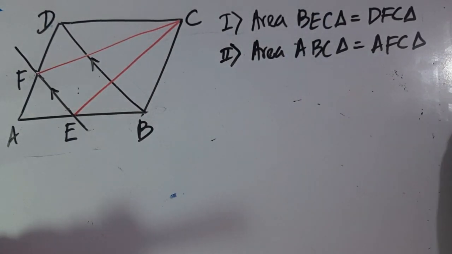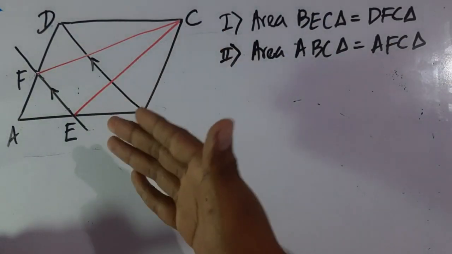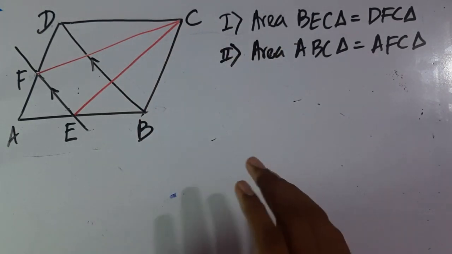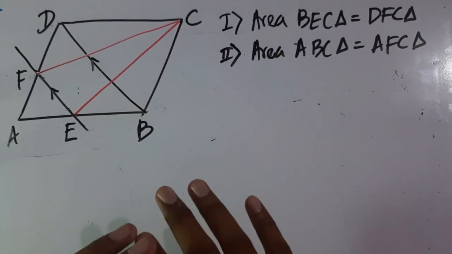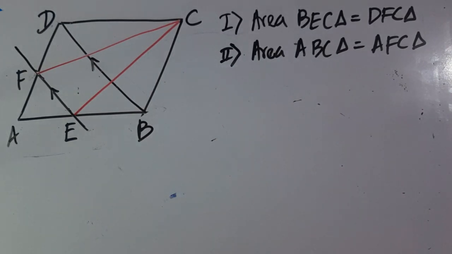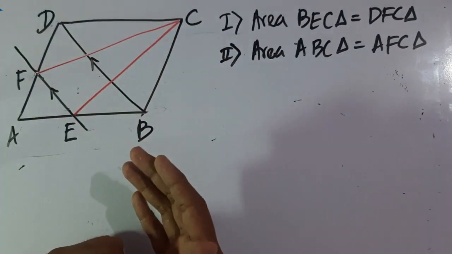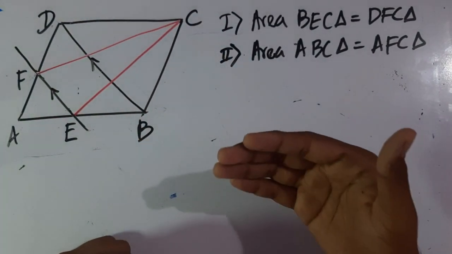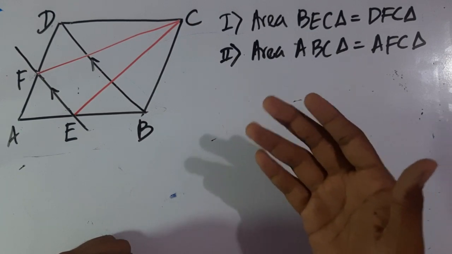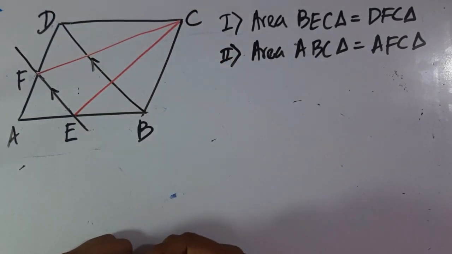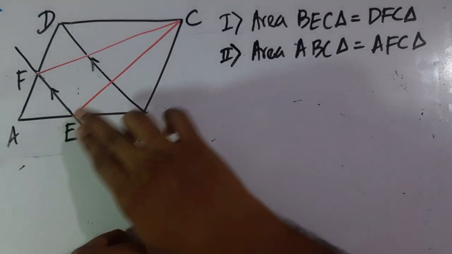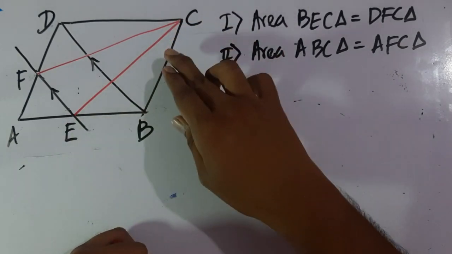So what do we do? Since both of them don't have a common base and they are not between the same pair of parallel lines, when you are completely stuck without any option, that's the time to think about doing a small construction. Now don't do constructions without any reason. We want to make the areas equal. Since I can't make these two areas equal directly, I am going to try to create triangles which will be equal to these two triangles and see whether I can make those two equal. That is when I remember, okay, now I have this BEC triangle